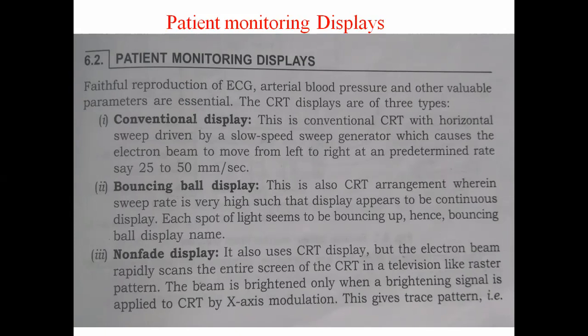For that we have to use the CRO, the cathode ray oscilloscope. By using the CRO, the input is connected to one channel and the output is connected to another channel. There are 2 channels in a general laboratory oscilloscope, channel 1 and channel 2. In channel 1 we connect the input which is applied to the transistor used as an amplifier. Suppose we are using an RC coupled amplifier, so we have to find out the characteristics of the RC coupled amplifier.